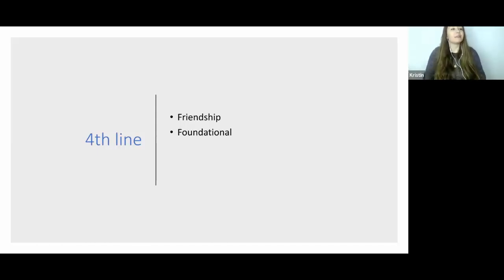Or they might say, okay, well, let's still be friends. And the third line profile is saying, friends? No, bonds made and broken. It's broken. It's over. I'm done. Bye. And the fourth line profile is like, what? Why are you doing this? You know, it is foundational and it needs that friendship.